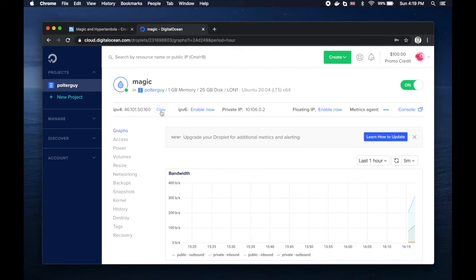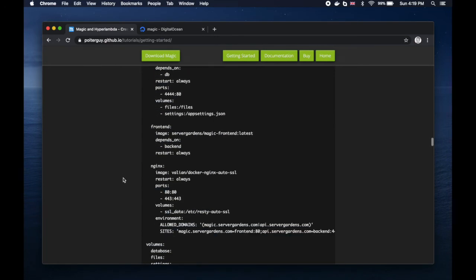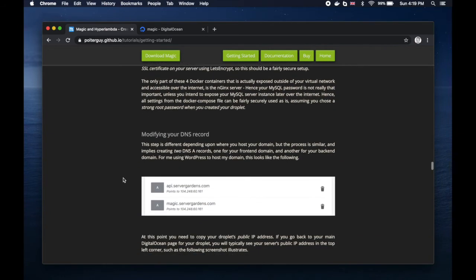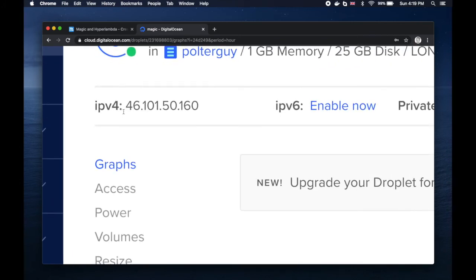Then simply click copy and go to your domain provider, whatever domain provider that happens to be. It might be domains.com, it might be GoDaddy, it might be WordPress, such as for instance for me. And then you basically set up a DNS-A record, or more specifically, you set up 2 DNS-A records. I'm going to be setting up these 2 DNS records here, as you can see here, api.servergardens.com and magic.servergardens.com, and I'm going to be pointing them to this IP address,